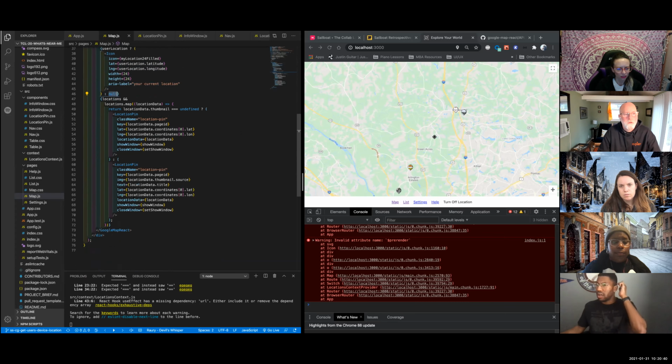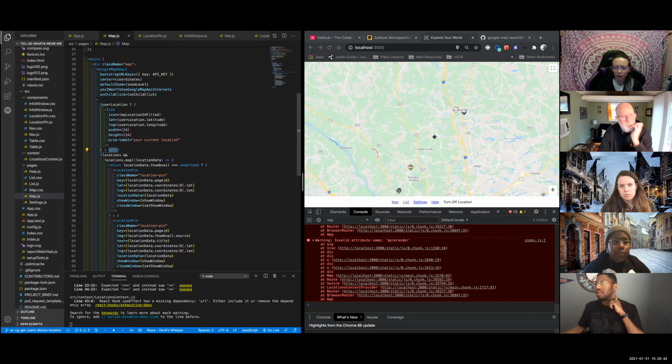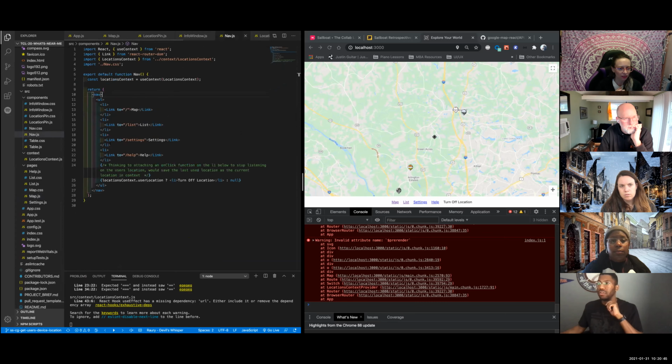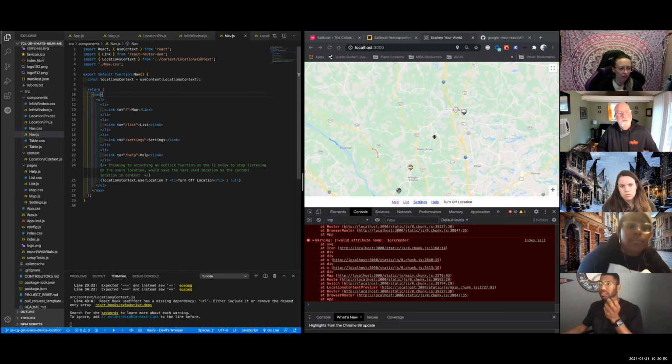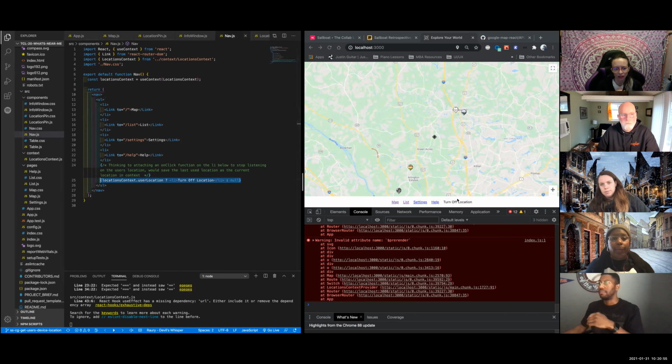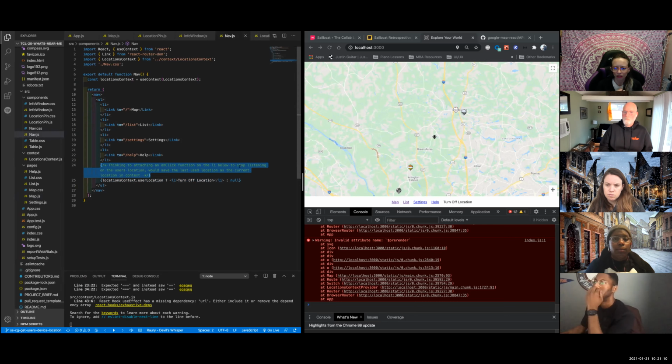There's also another ternary, I believe, in the nav now that is also looking for that user location in context, and based on whether or not it's there, it's rendering this turn off location, turn on location. I'm imagining that it'll be a button or a toggle similar to what we were describing before, and we would attach some type of event here. I'm not sure what exact method you guys are using in your issue to get it to listen, I don't think we've hit that one yet.